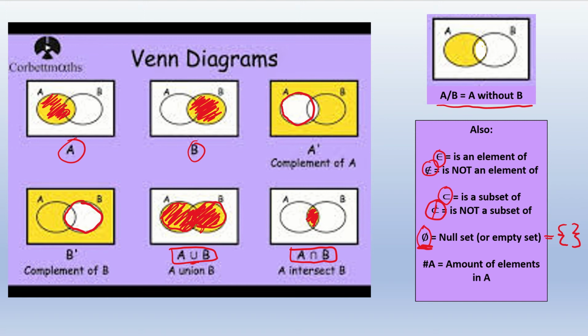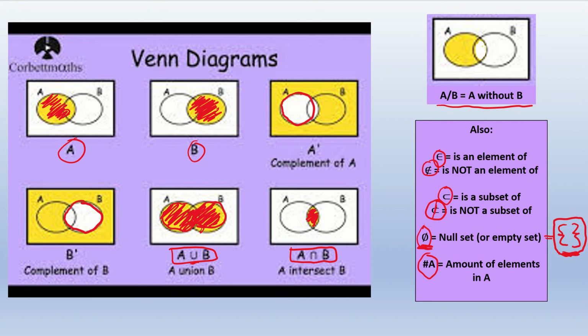Your squiggly brackets or curly brackets, sometimes they're called either, are used to denote a set. We'll have a look at those, and I'll point those out in the exam questions as well. But wherever you see those, you know you're dealing with sets. If you have a set of curly brackets with nothing in it, that is another way of telling me that you're talking about the null set. And the last one here is the hashtag A, the cardinal number of A,